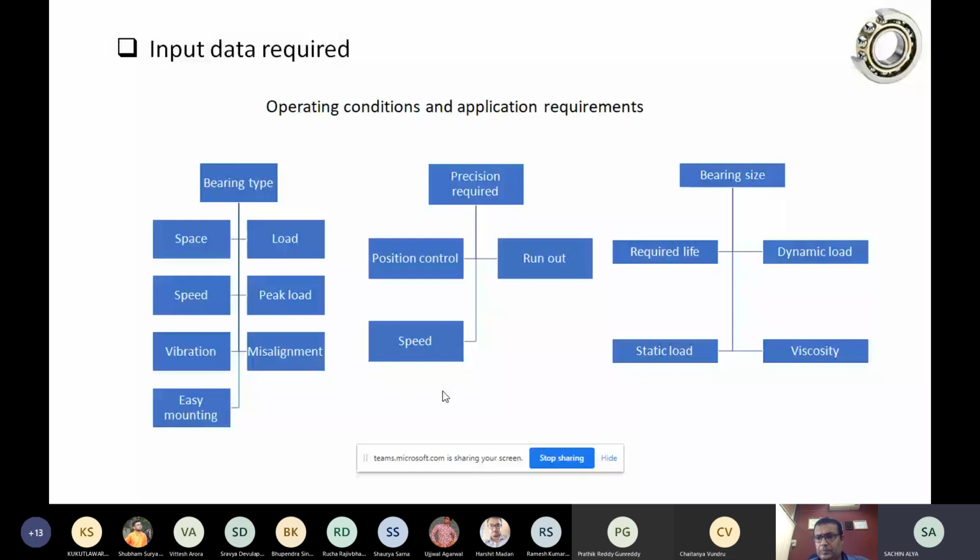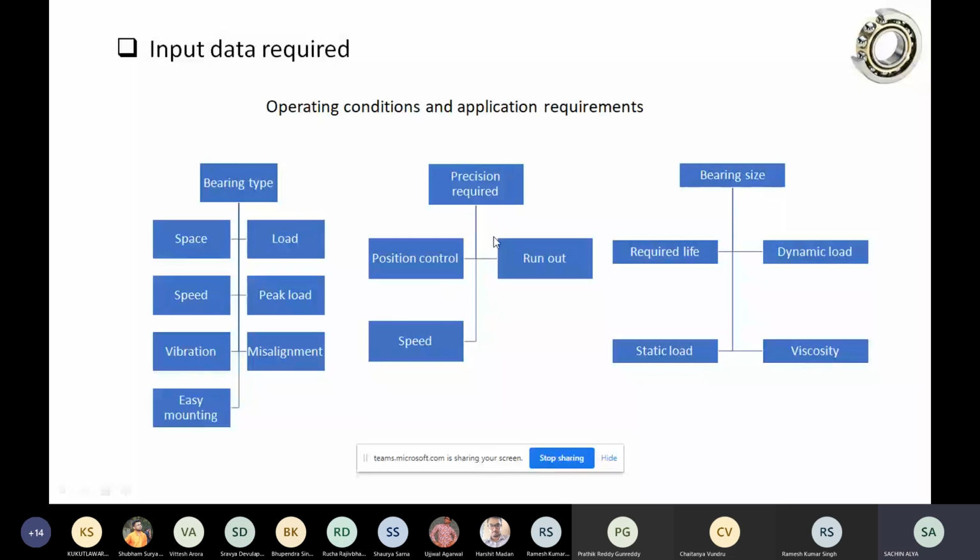For selecting the bearing type, we should consider a lot of things like the space we have in our system, how big or small a bearing we can accommodate, what the shaft diameter is, what the housing diameter is, what kinds of load come to the system, the speeds required for the rotating parts, peak loads, then vibration if there is any, misalignments, and mounting accessibility, like how easily we can mount the bearing, or if an application requires frequent bearing changes, how easily we can dismantle the bearing and mount the new one.